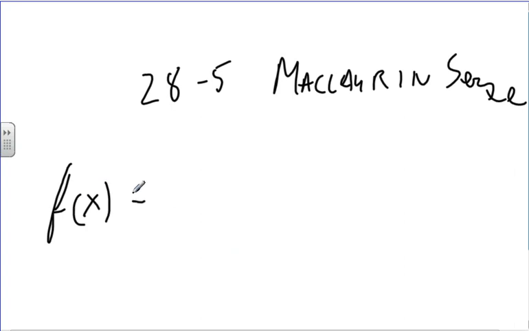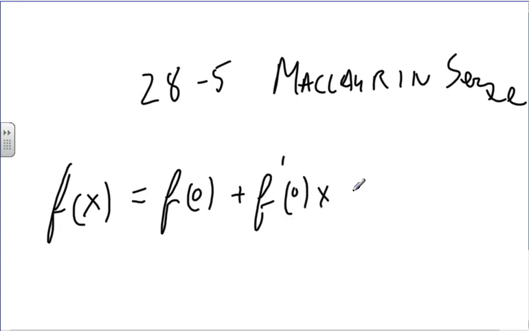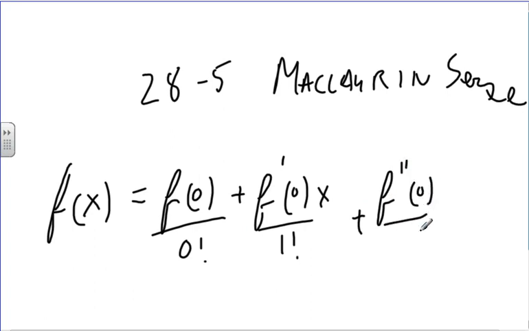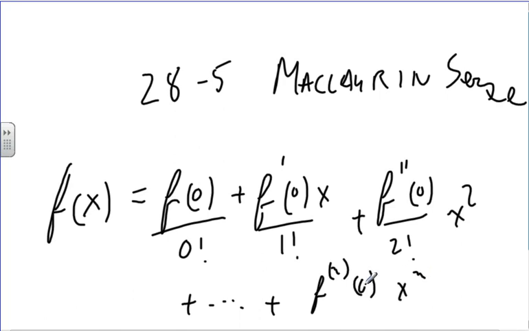f of x is going to be equal to the function at 0 plus the first derivative of the function times x divided by, this is really divided by 0 factorial, and that's divided by 1 factorial. 0 factorial is 1 and 1 factorial is 1, plus f double prime at 0 divided by 2 factorial x squared plus blah blah blah plus the nth derivative at 0 times x to the n divided by n factorial, and then this goes on forever